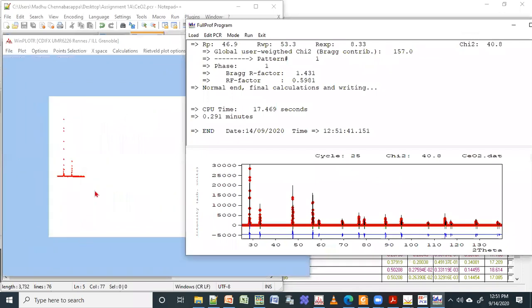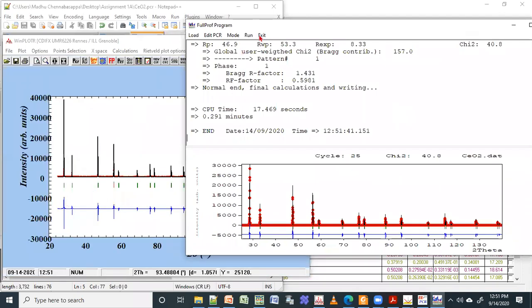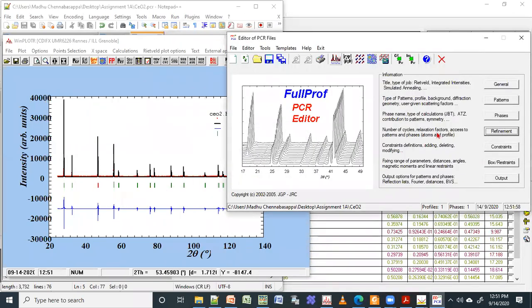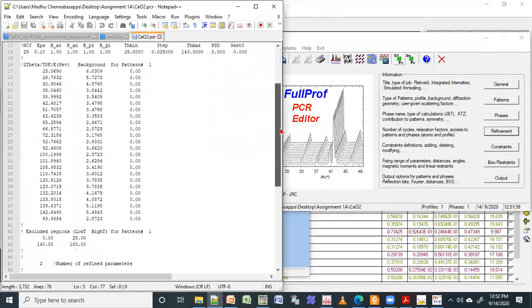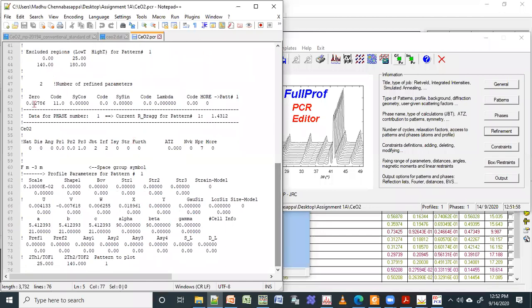Okay, so I am opening the same thing here. You can see as it completes the fitting, it is updating the fit. Yes, I want to update. Okay, fine. If you go back into this edit PCR, you can see your zero has changed from 0.0. It has changed to some values. Also, when we started, I gave 5.411, right?